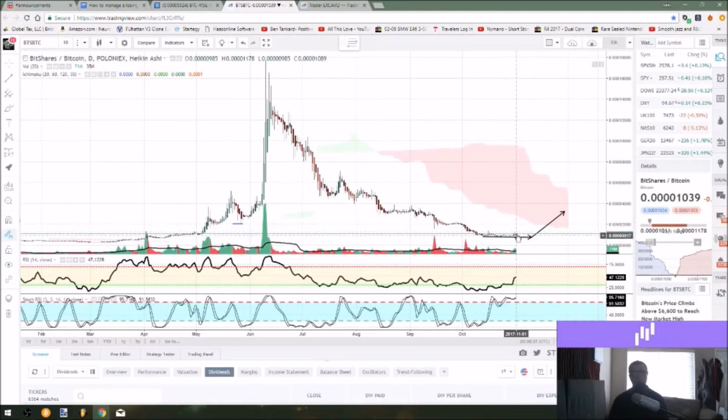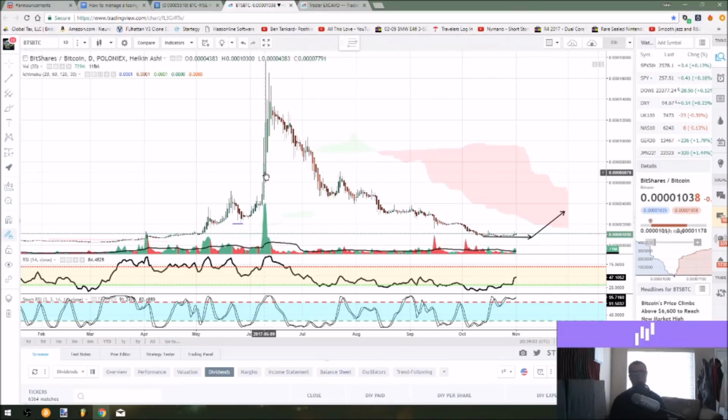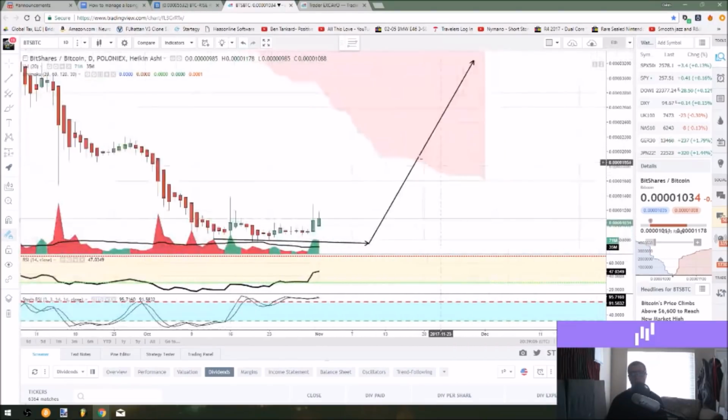And so something like this, BitShares, you would never want to panic sell this low, especially since if you bought the top on BitShares, then you're down over 90% of your investment. So you'd have to make 900% plus just to recover on those losses. And so you would never want to sell something that's down that much from your entry. Just let it ride and do its thing, so that you can try to recover on those losses,